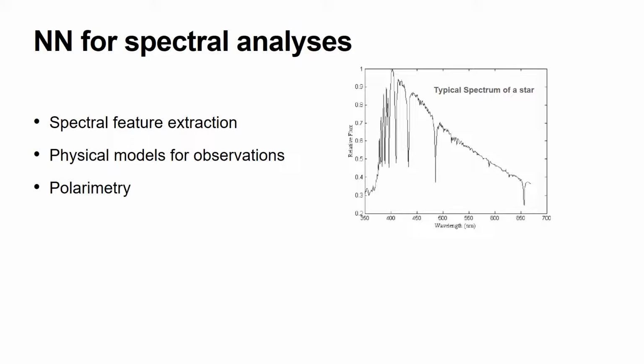That's a line from helium. Therefore, you can also measure those lines and say, now I measure the hydrogen, I measure the helium. That makes sense. Very, very simple. You can just measure this feature and see how strong they are, and then convert that into some kind of astrophysical quantity, based, of course, on certain astrophysical models. So you can easily extract the spectral features. You can build models for the observations.